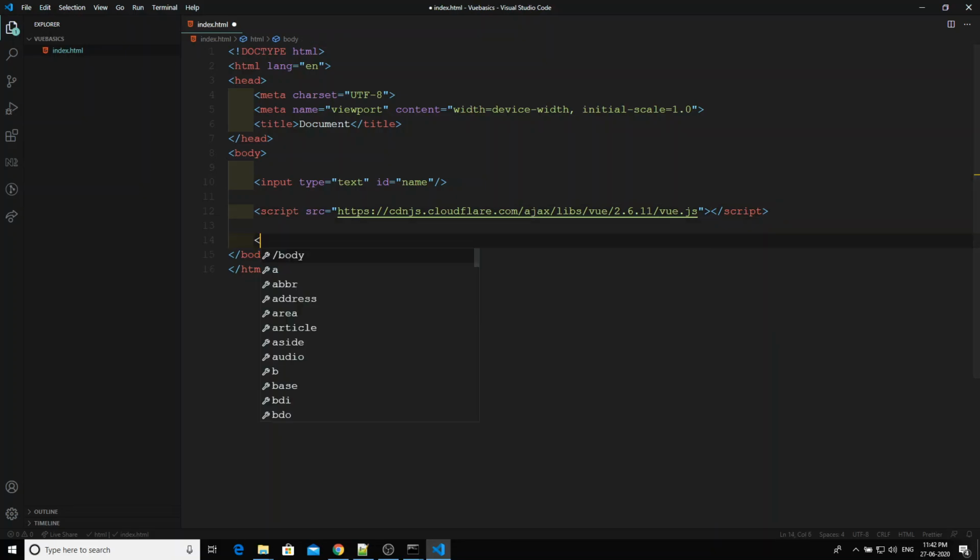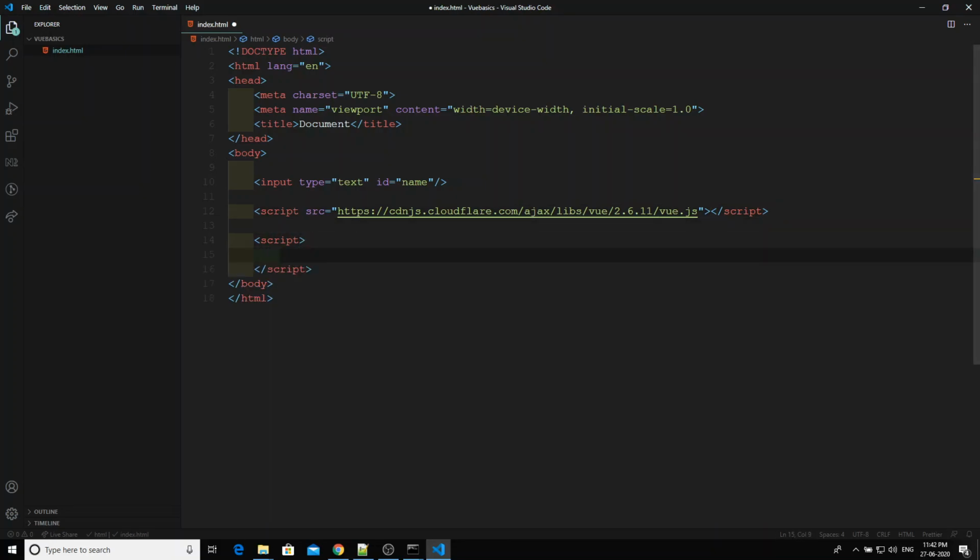Let's write the script code, traditional script code. I will take one data variable with my name, Leela. So I created a basic variable, an object. If I want to show that name in this input text box, first I need to go through the DOM, catch this element and insert the name into that value.